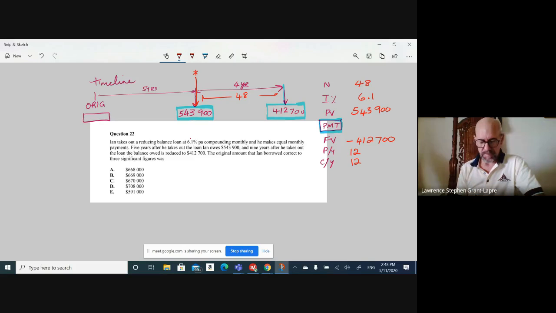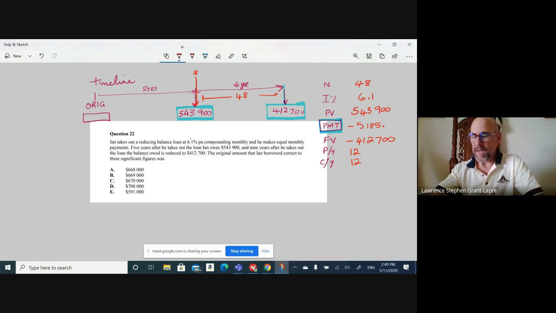48, 6.1, 543,900. The future value is what we will owe, and if we give the bank 412,700, we'll pay off the loan, you see. So we have to give the bank that and all of our payments. So we've got to leave the payment blank. We want 12 and 12. Okay, so we solve that, and we're told this is negative